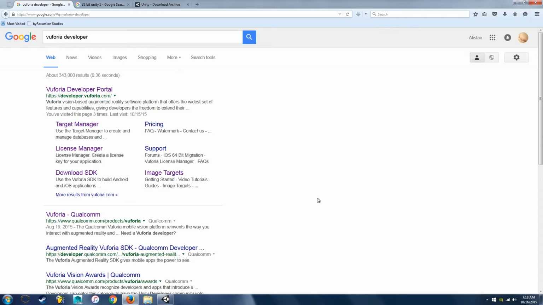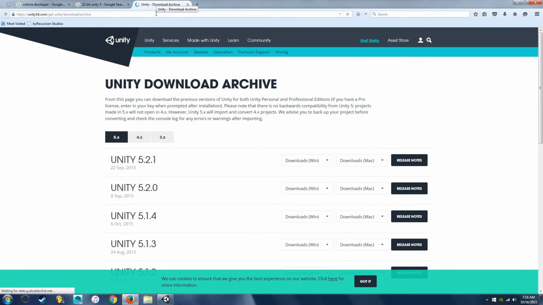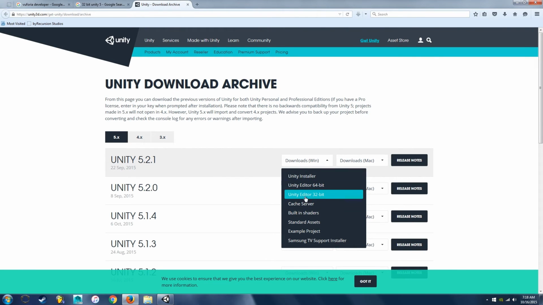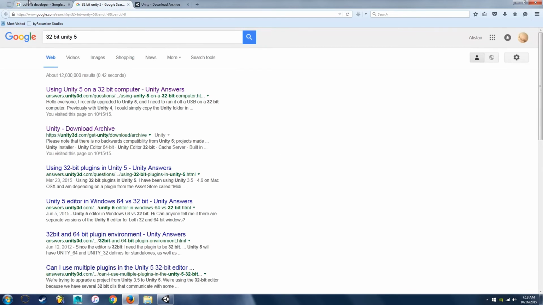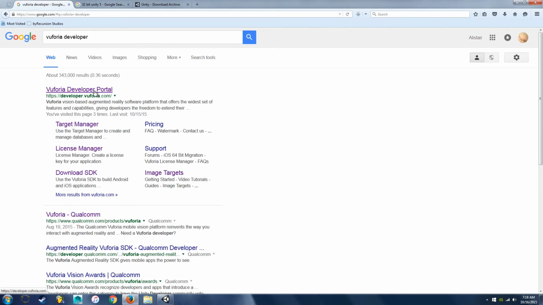And once you have that all downloaded and installed, this is actually what the download page looks like. So it gives you a list of downloads. You can choose the 32-bit version. It's a pretty hefty download, so I'm not going to download it today. And then after you're done downloading and installing all of that,